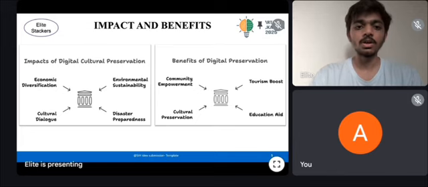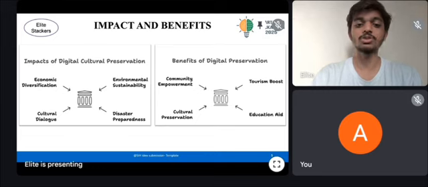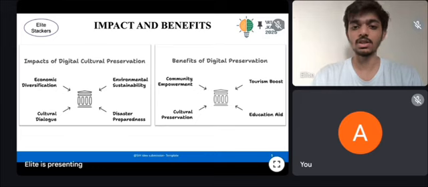Third, educational aid. Students, researchers, and educators get easy access to cultural resources, making learning more interactive. Fourth, cultural preservation. It ensures that traditional languages, arts, and history are not lost with time, but are available for our future generations.